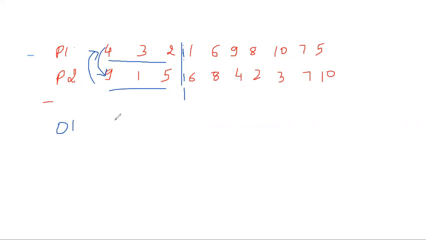So the offspring 1, I will copy that from the parent 2. So it will be 9, 1, 5. And for the offspring 2, it would be 4, 3, 2. अब इसके बाद आपके पास इसको इम्प्लीमेंट करने के लिए there are two